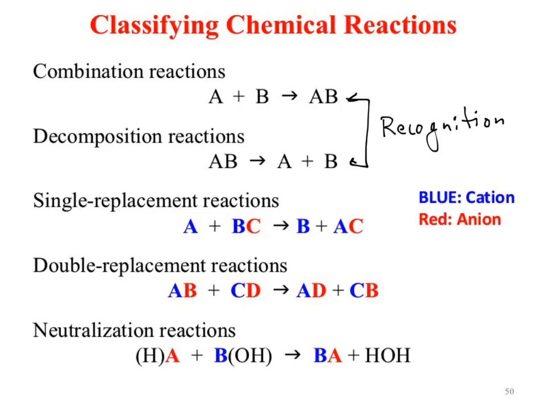Okay? But where it starts with our chemical reactions is first, what are they? The first two, you just have to be able to recognize that they exist. Okay? That they are combinations and decompositions. Does that make sense? All right. Single replacement, double replacement, and neutralizations are all an extra layer. All of those require that you be able to predict products. Right? So that means beyond just the recognition, looking at those and saying, well, that is a single replacement or